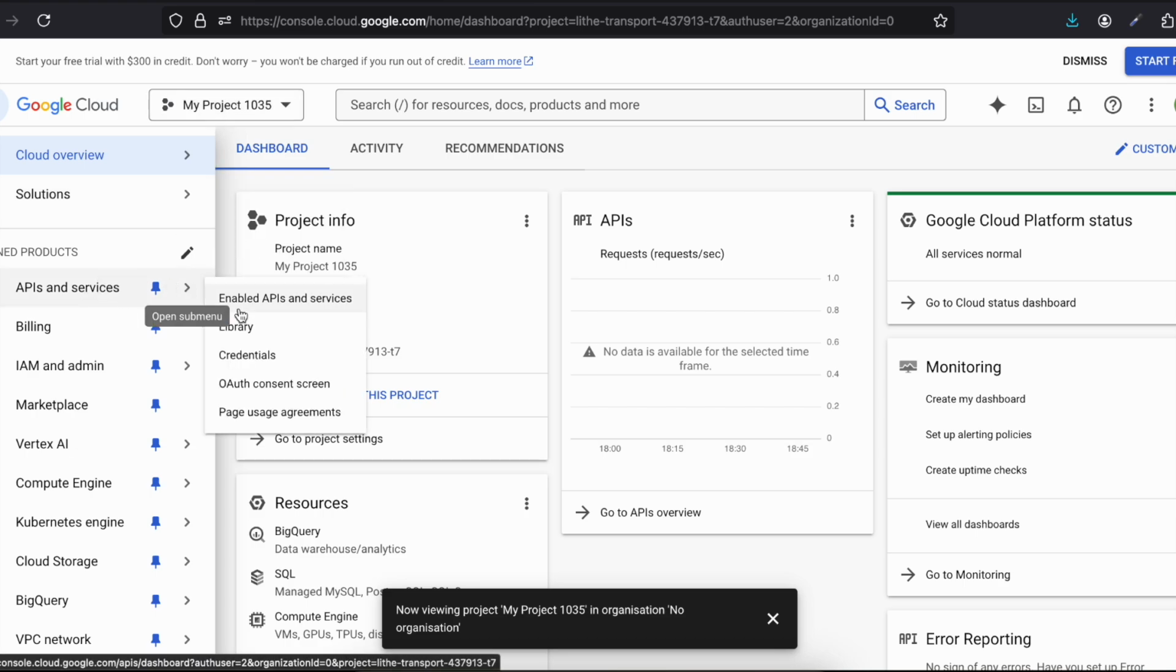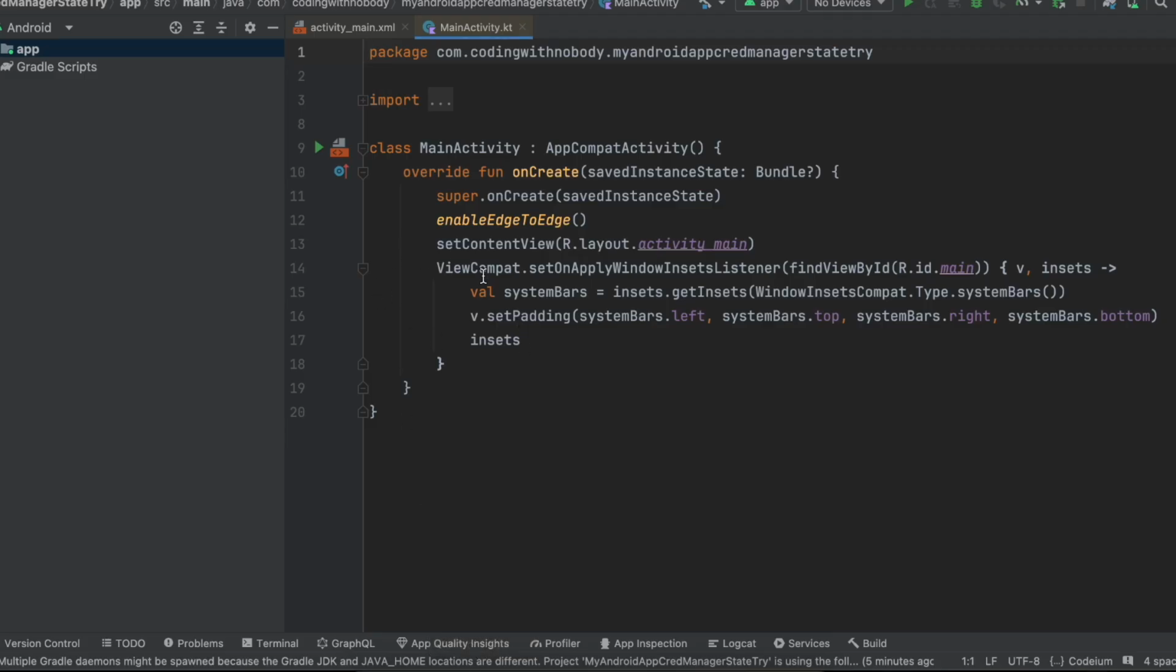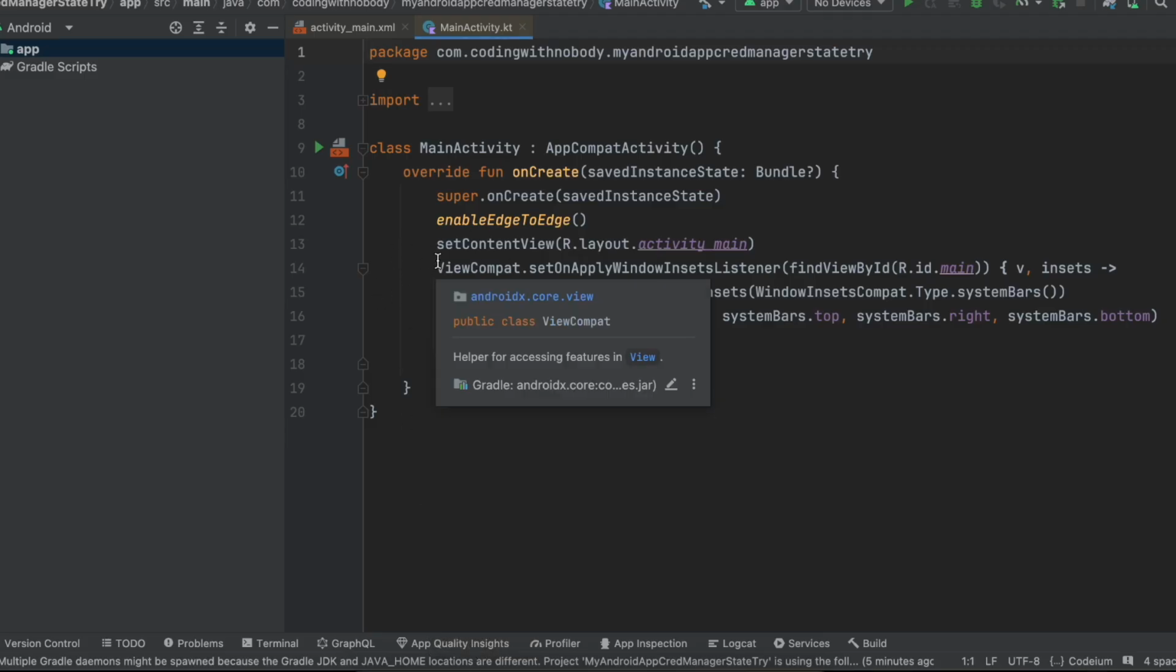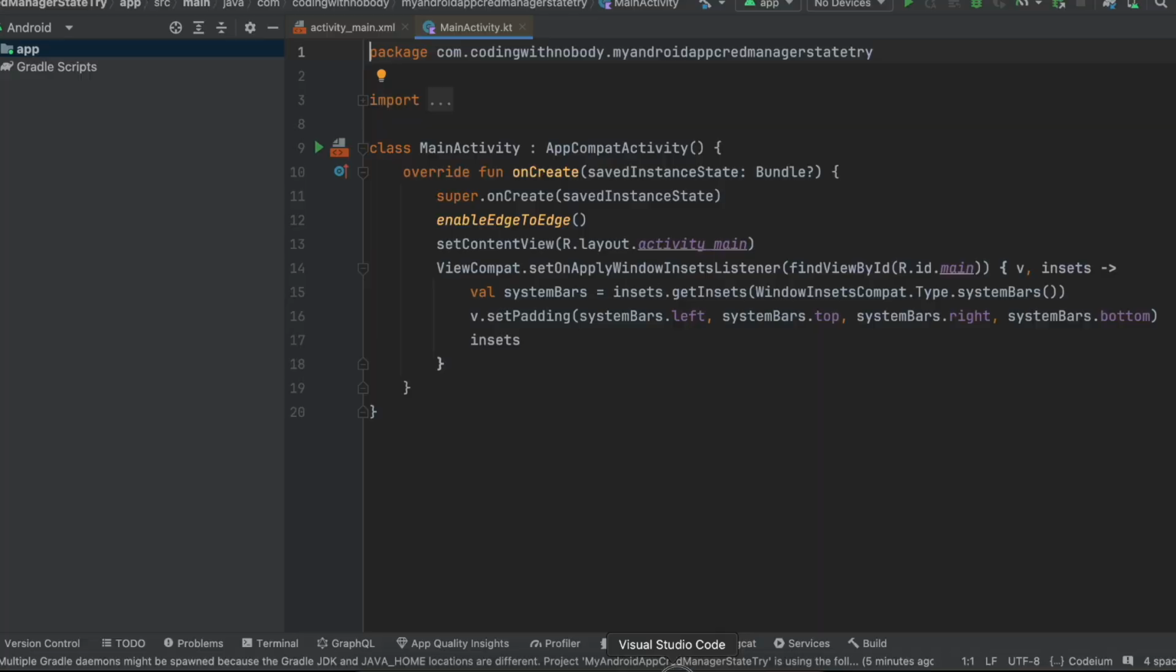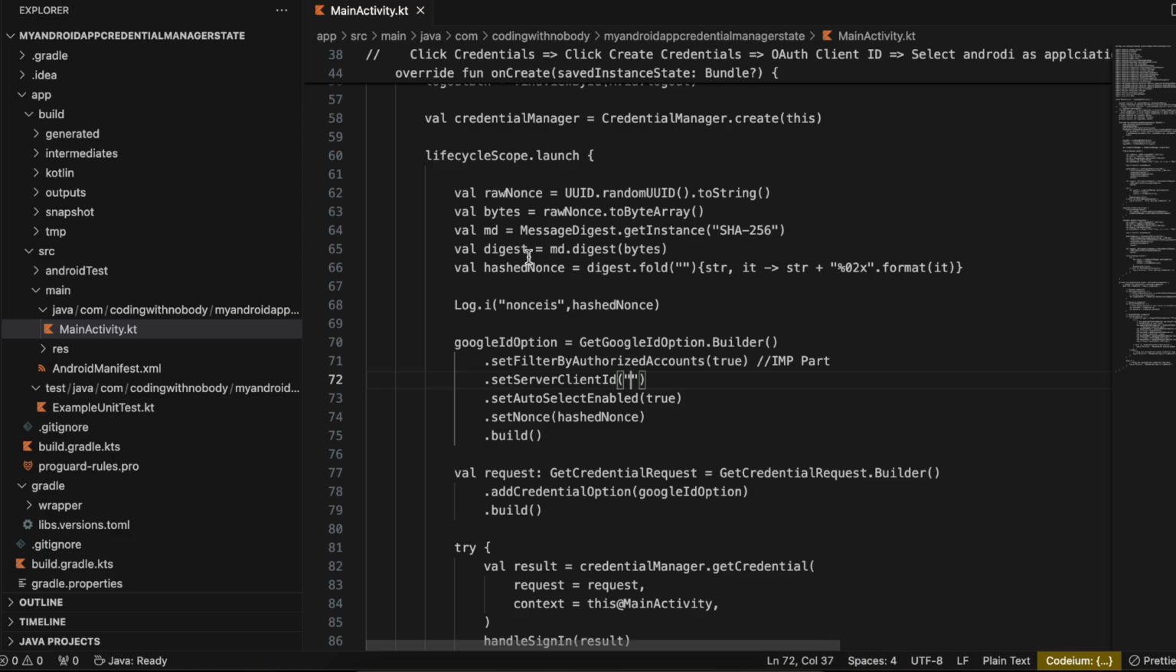Then click on API and services, click on OAuth consent screen. Also just to tell you, I have just created a simple Android project. I'm using an empty views project, but if you want, you can use a Jetpack Compose project as well. Also I have created another sample project from which I will be copying a lot of code. This was created just before recording this video, so that I don't have to remember all the code